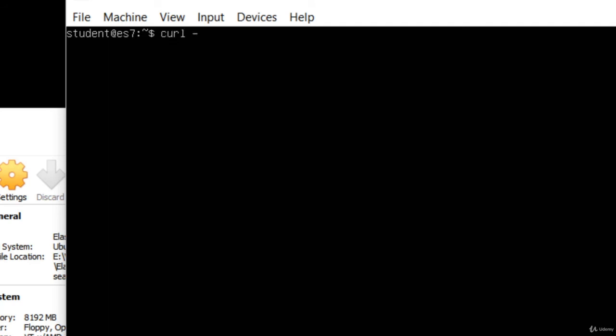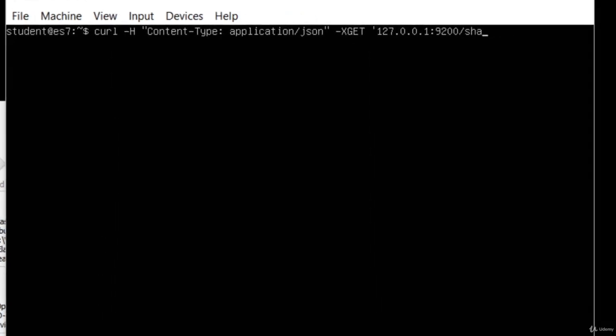Type in curl -H "Content-Type: application/json" -XGET '127.0.0.1:9200/shakespeare/_search?pretty' -d and another single quote. So basically what we're saying so far is I'm going to issue a JSON request to our Elasticsearch server that's running on 127.0.0.1 in the Shakespeare index, and I'm going to issue a search query and get the results back in nicely formatted results. Hit enter, and we're going to start off the body of our request with an open